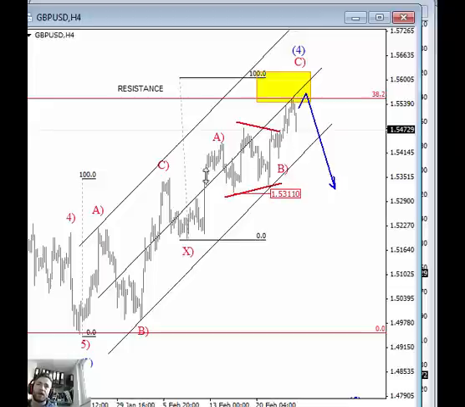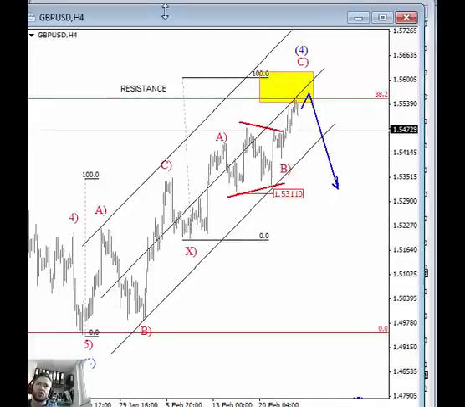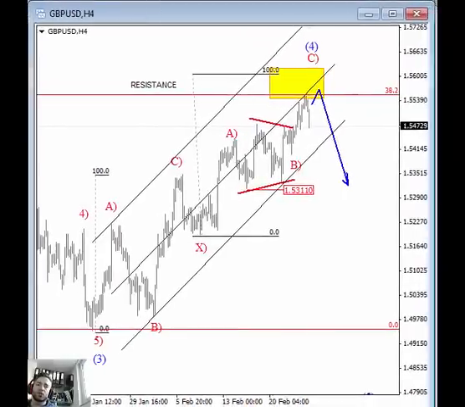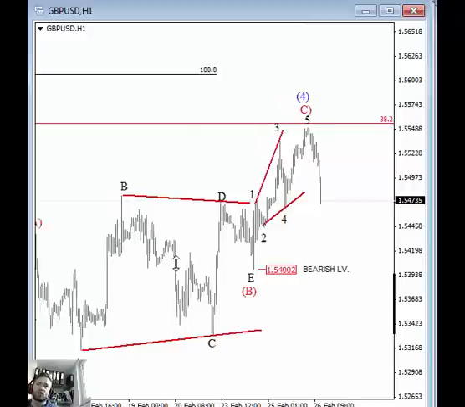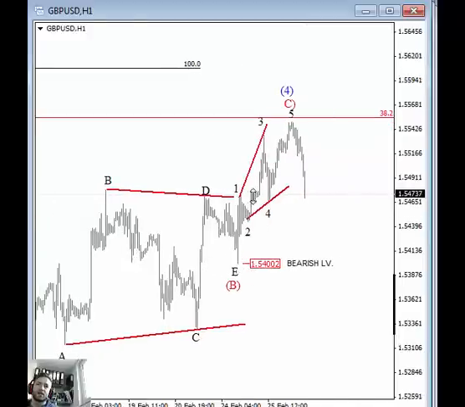Okay, however, I prepared two intraday wave counts on the hourly chart, and interesting, both are pointing to the downside. So the first one is actually a running triangle in wave B, as I said, followed by this expanding diagonal here in wave C, and now a reversal to the downside. Now this wave 4 support is still in place, but I think that sooner or later this will be taken